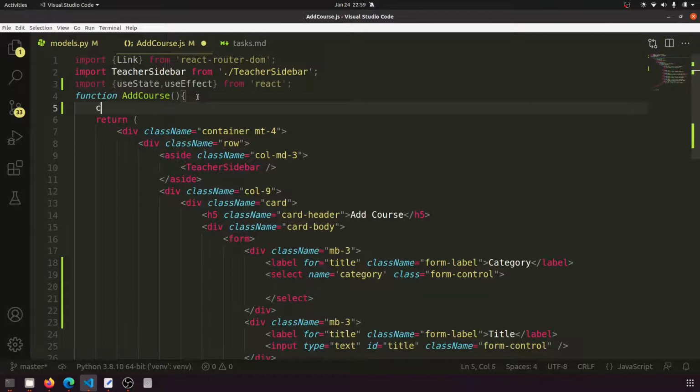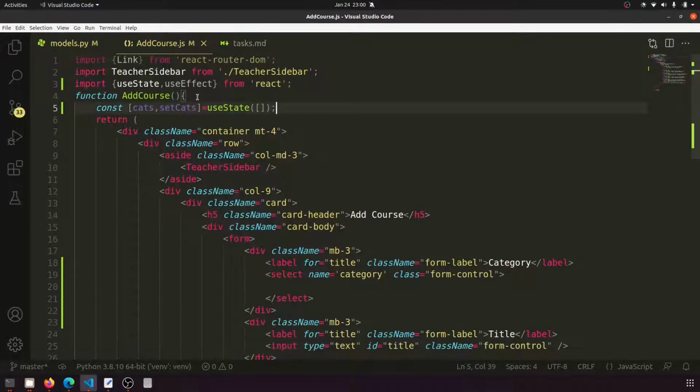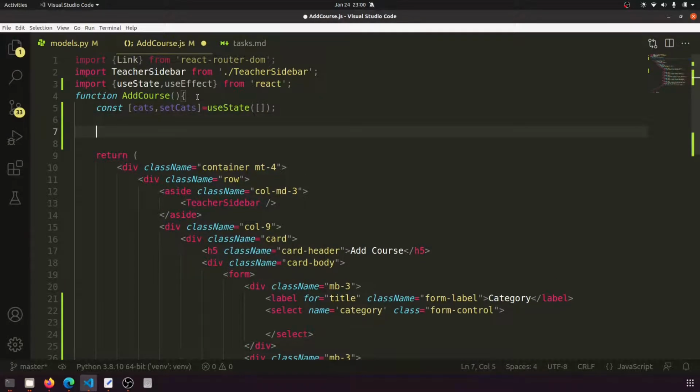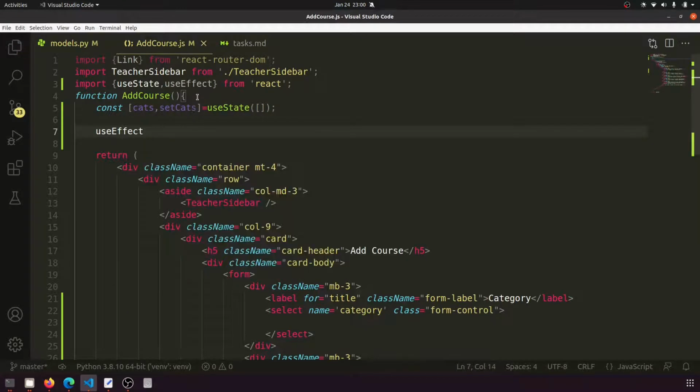Let's say constant cats, and another one is setCats equal to useState, and this will be an array. Now what we will do here, we will load the data. So we will say useEffect, and in this useEffect